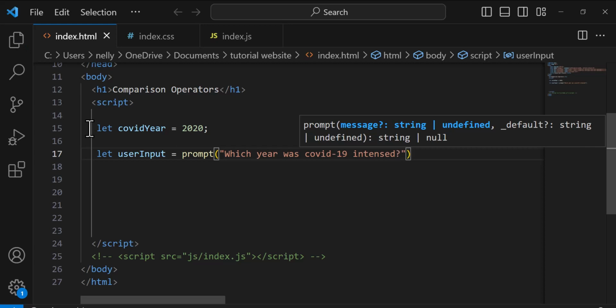All right, which year was COVID-19 intense? That is, which year was it more serious? Okay, so now